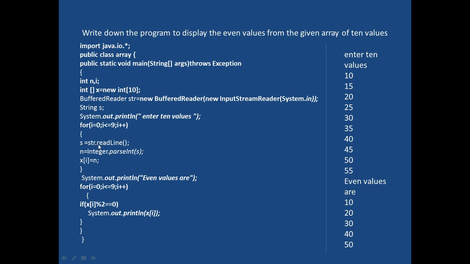Each time a string is entered and assigned to s, then that string is converted to integer n, and that n is assigned to the element of the array. For example, if the first time i is 0, then the first element we enter would be assigned to x of 0, then x of 1, then x of 2, then x of 3, and this procedure would repeat from 0 to 9. So we will enter values from x of 0 to x of 9.